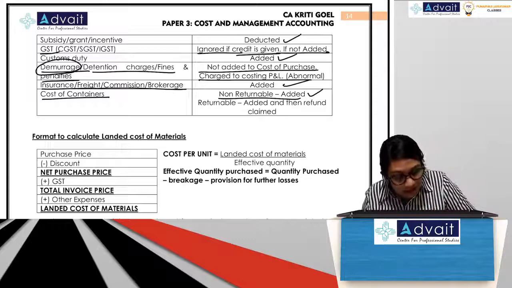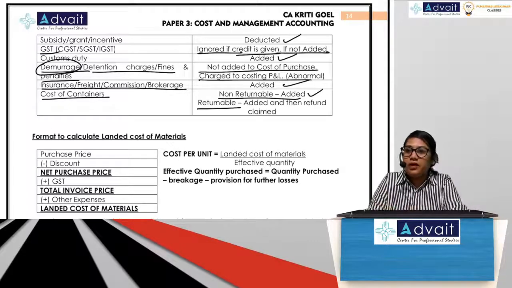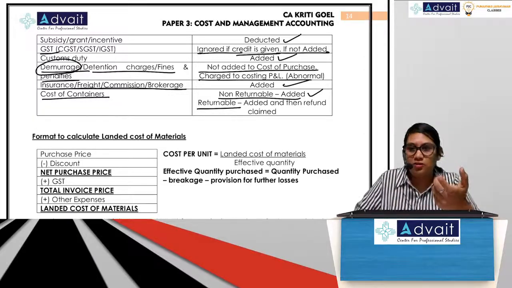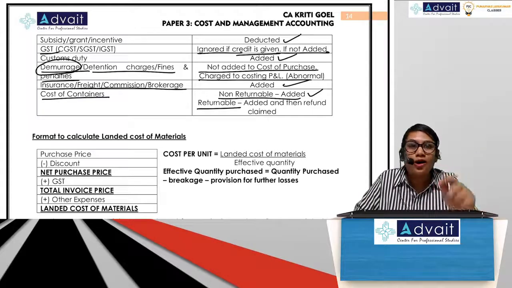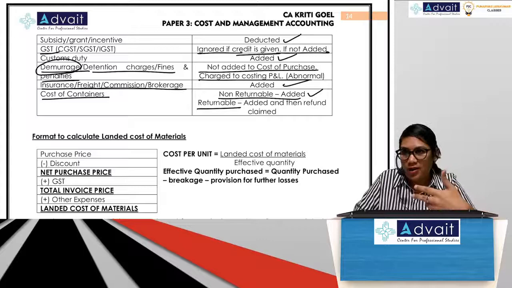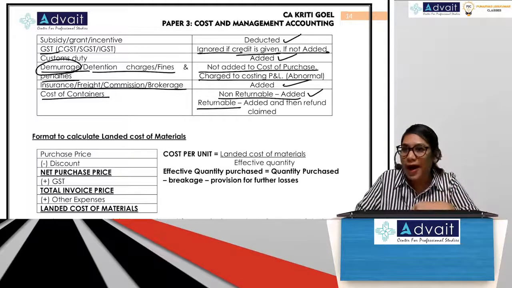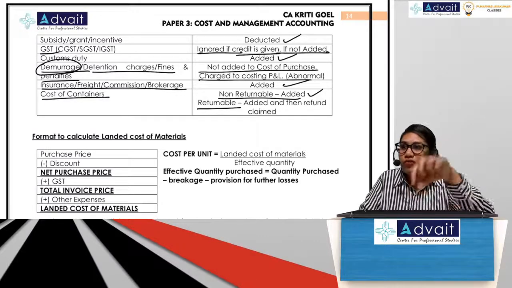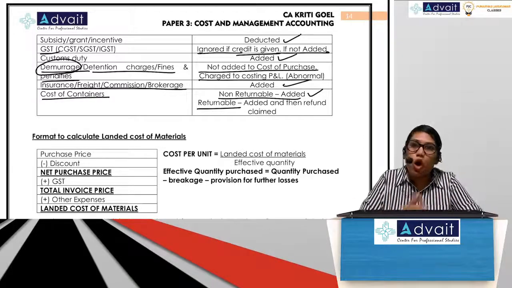Okay. But if the container is returnable, then what do you do? The container is coming with the material. Once you remove the material, the container has to be sent back. So something like your Coke bottles, correct? You buy the glass bottle and then you have to return the glass bottle, right? You don't take it away. Sometimes the shopkeeper charges you extra for that bottle because he's not sure if he will get the bottle back or not, correct? But if you see a shampoo bottle, that is a non-returnable container. It's not that you finish the shampoo and then you give the container away, correct? So that is the difference between returnable and non-returnable container.